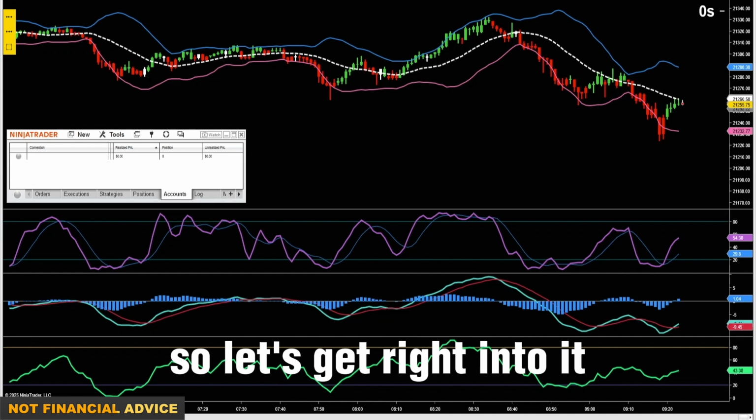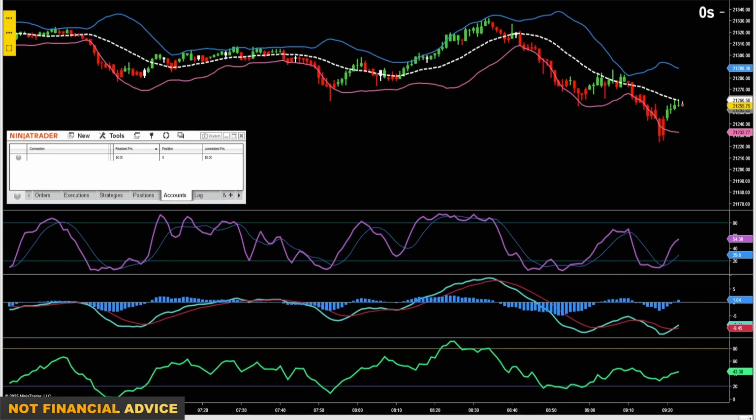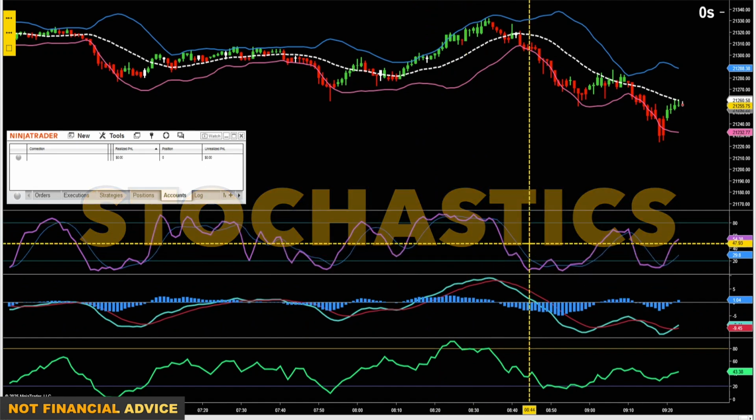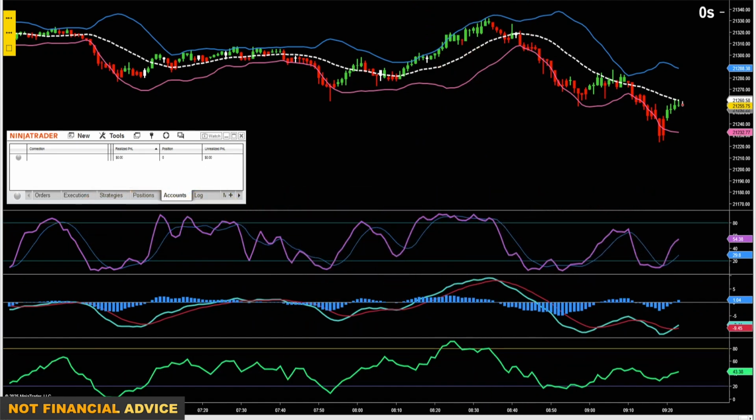So let's get right into it. And I will only be using the free built-in indicators included with NinjaTrader 8. So I'm going to build a strategy using the MACD, the stochastics, and the MFI. But you will be able to create a bunch of different strategies using the information that I'm about to provide